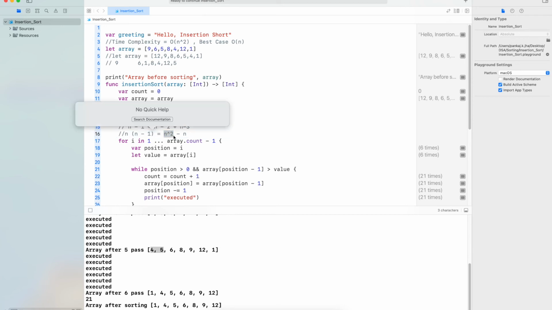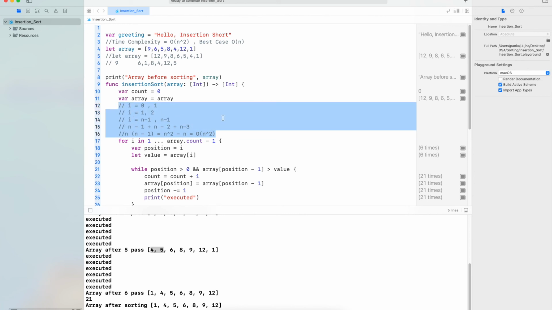In the polynomial we always take the upper bound, so that's why we take the complexity as big O of n square for the average and worst case. For the best case, the complexity will be n if the array is already sorted.